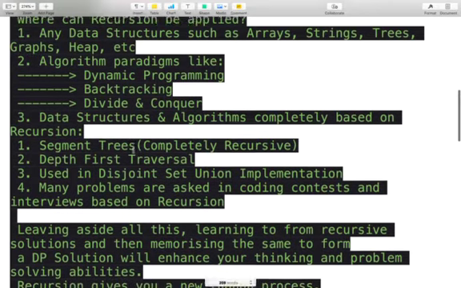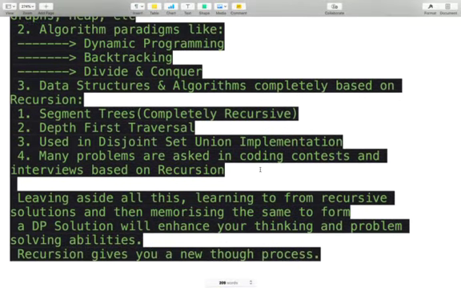Besides this, many problems are asked in coding contests and interviews based on recursion. We always get a problem based on recursion in any interview. And as I already said, dynamic programming is also based on the recursive concept.